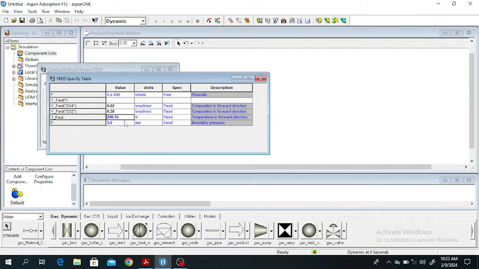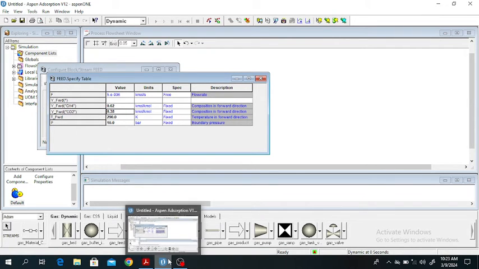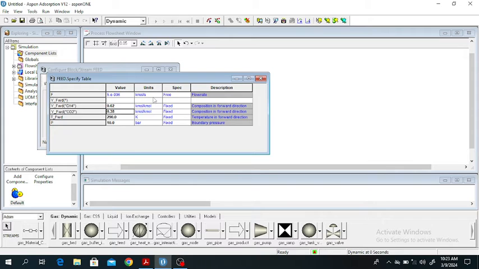The feed temperature is 90 Kelvin and pressure is 10 bar. And this is the feed molar flow rate, 5 multiplied by 10 raised to the power minus 6 kilomole per second. Okay,